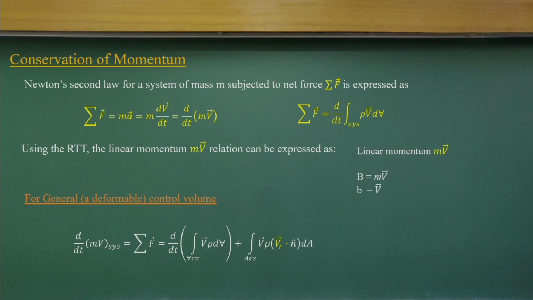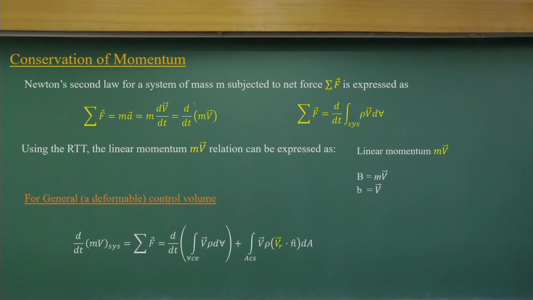Now, come back to that. Applying the Reynolds transport theorem, we have to write the linear momentum equation. At the system level, force is equal to mass into acceleration, as you know from basic solid mechanics. So, when I derive it at the system level, the momentum is my B, and that should equal the net force acting on that. That is the system.